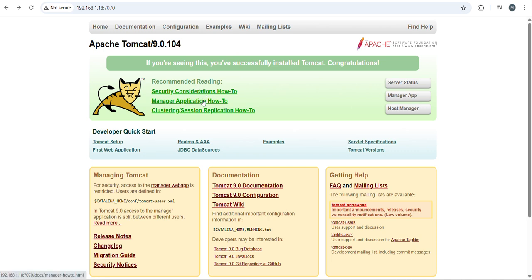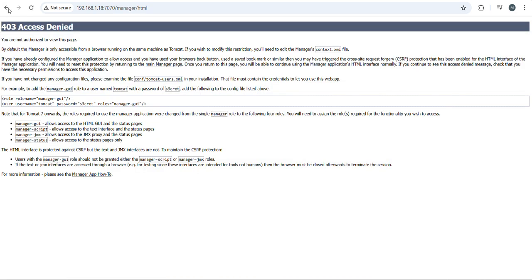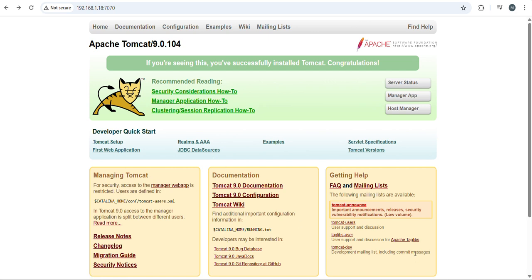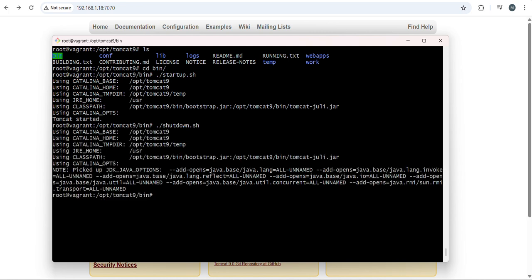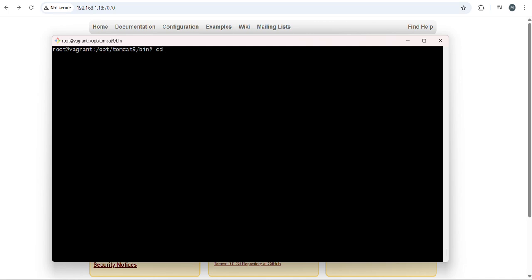Today we are discussing how to enable the Manager app in Tomcat. Before enabling the Tomcat Manager app, I will change some configurations in the Tomcat directory. So I'll stop the Tomcat. Before changing the configuration, run shutdown.sh. Once the Tomcat is stopped,